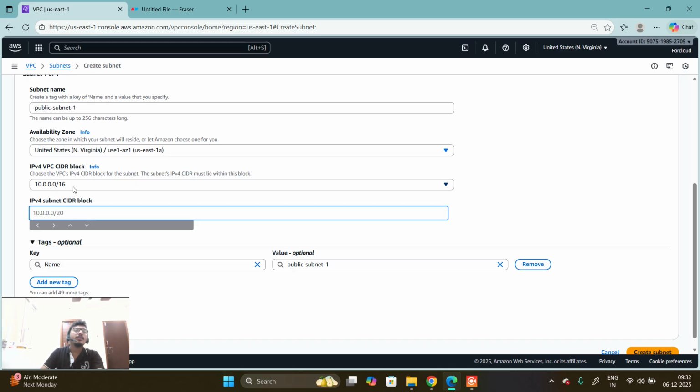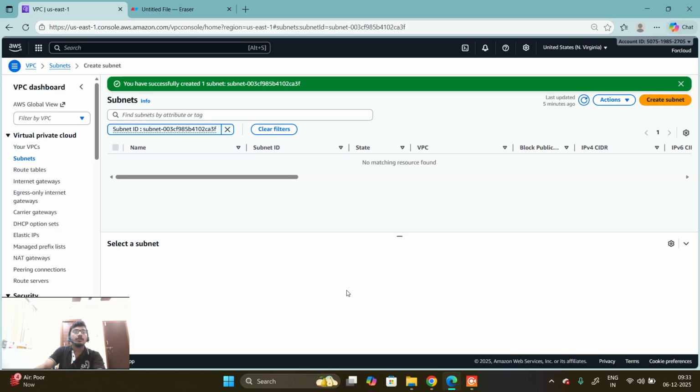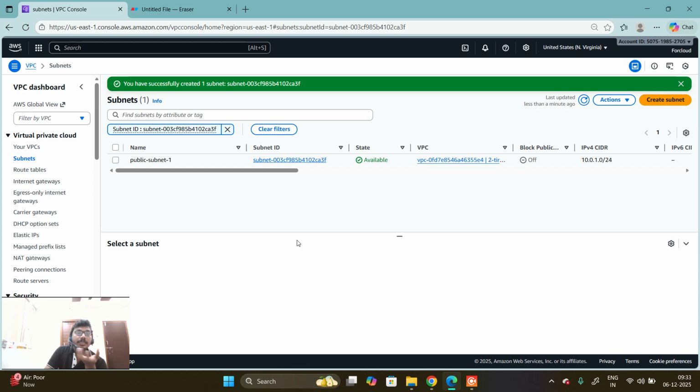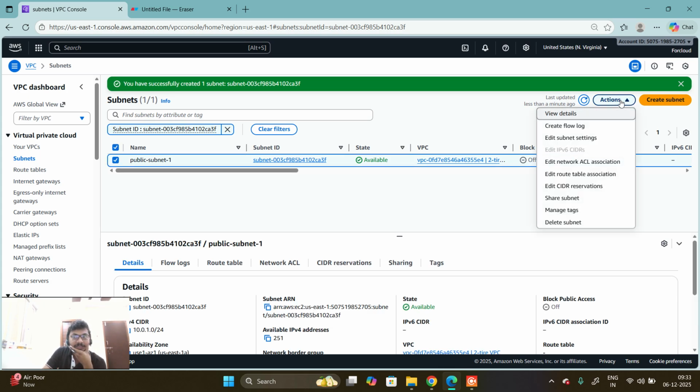This is my VPC IP, 10.0.0.0/16. Here I am creating my public subnet inside that. That is 10.0.1.0/24. Then click on Create subnet. Once it is created, select this public subnet, then click on Actions, then